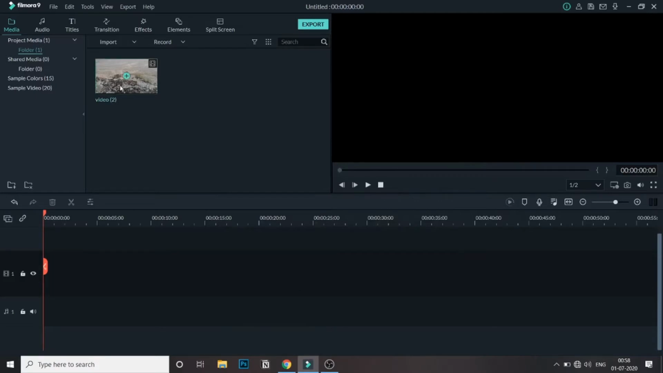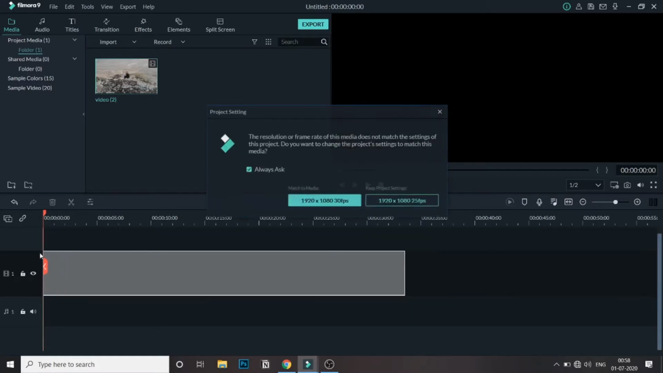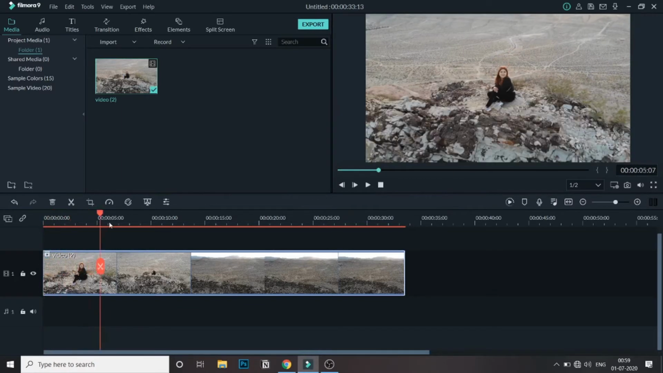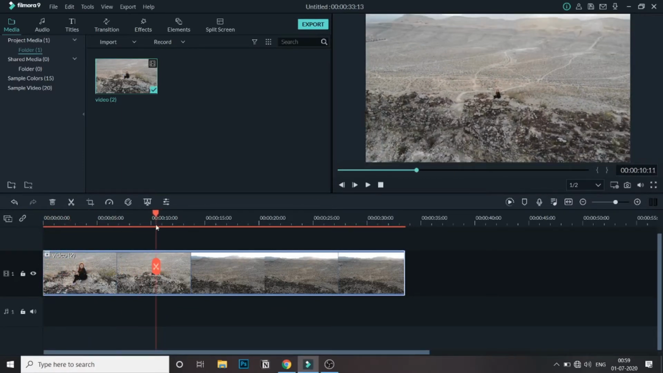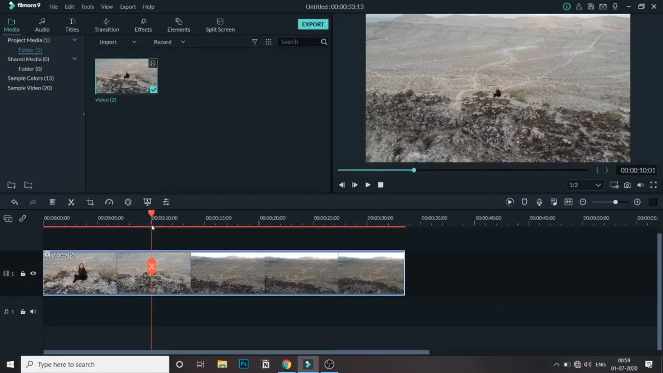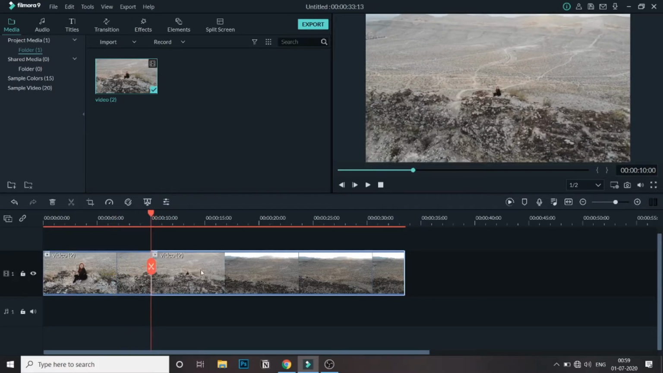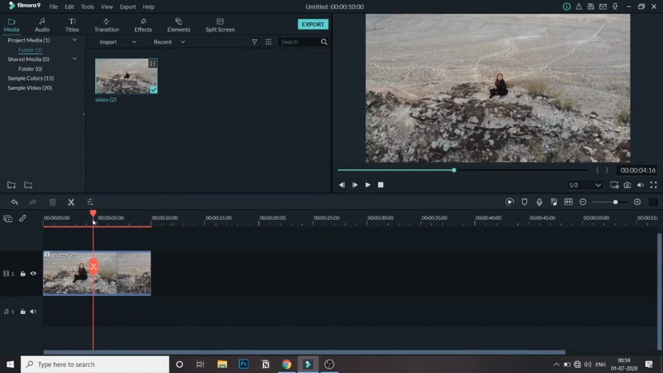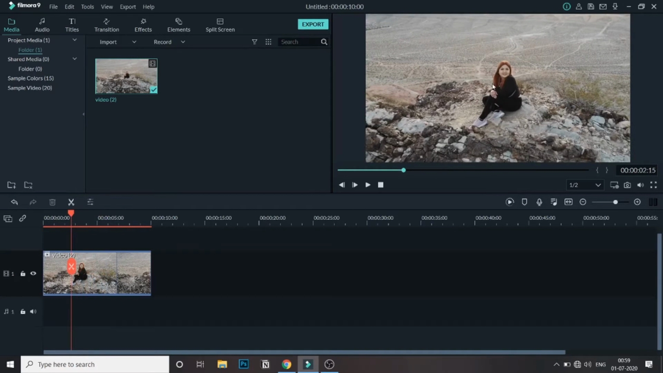As you can see, I've already added a media in the bin. So let me just drag this into the timeline and keep it to the project settings. Now I'll keep this media to just 10 seconds. So the main part about this parallax effect is that you should have a central object which you